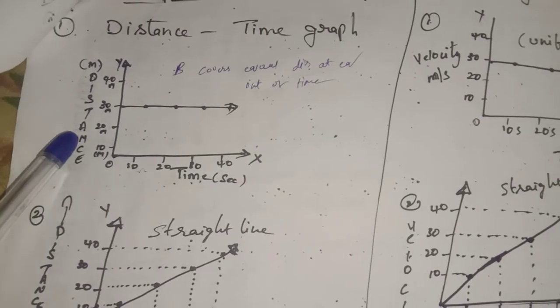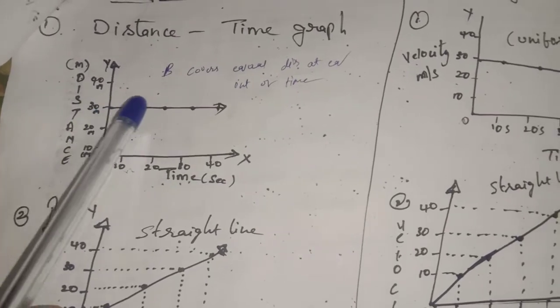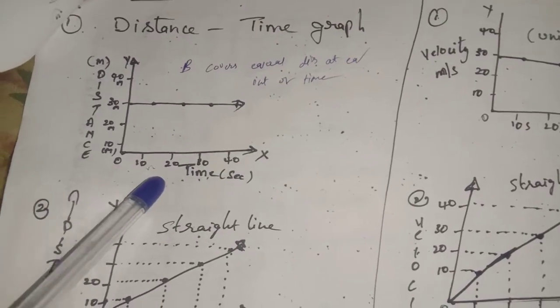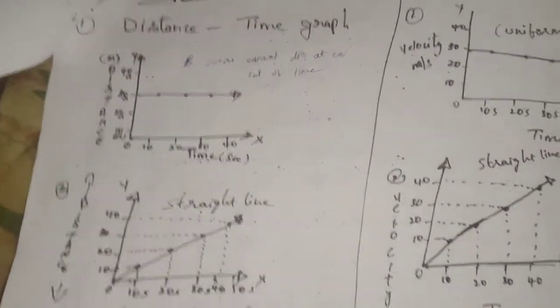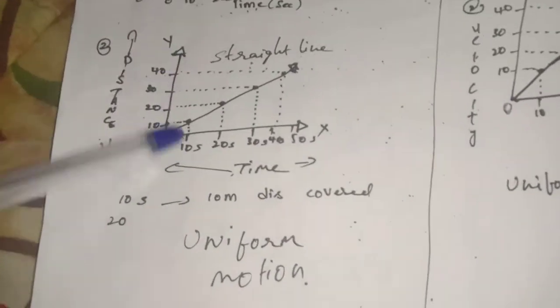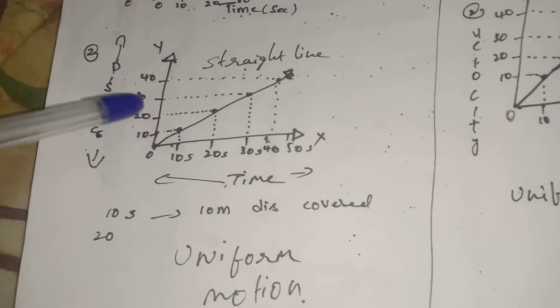So how will we get the graphical representation? We will get a straight line, which will be parallel to the x-axis. Okay, now you can see another one, same like the x-axis and also the y-axis.